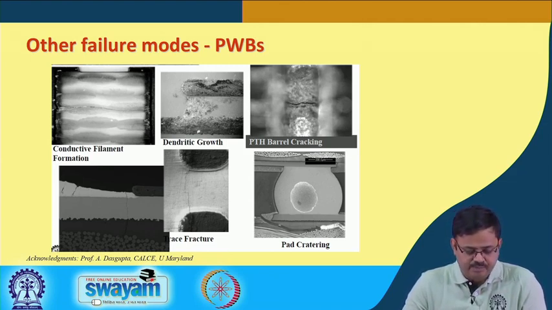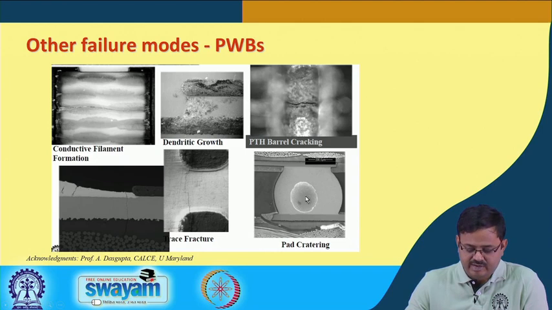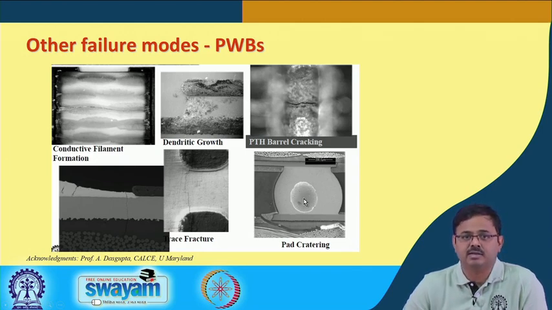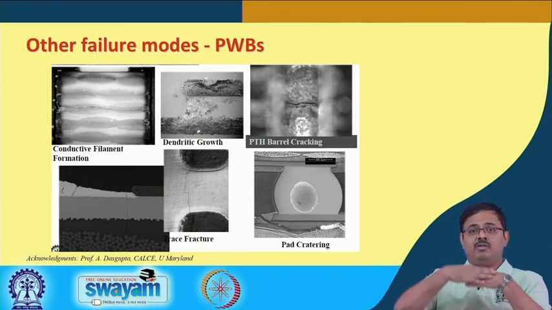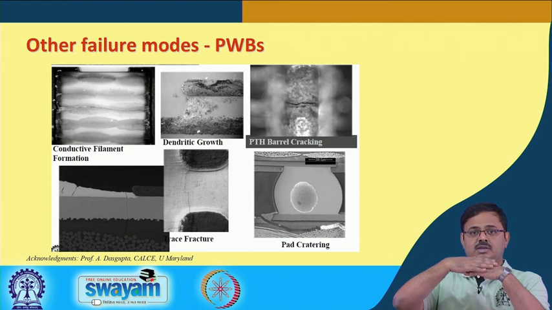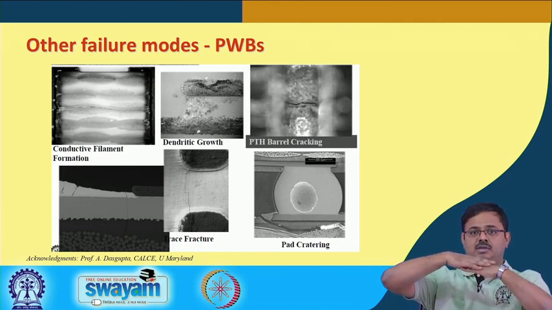Then trace fracture, pad cratering: there is a solder pad and inside there is actually a crater, a void. It can even be a void, it can be a foreign substance, clear. The other one, again due to CTE mismatch, is warpage, something that can warp so much that at one end